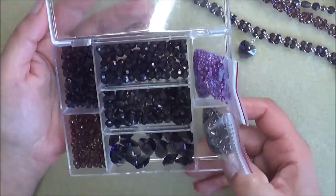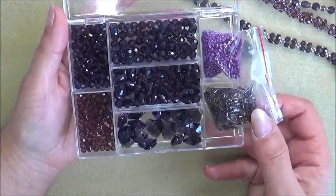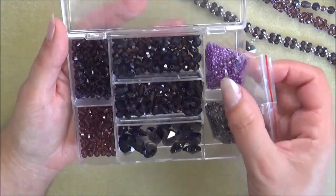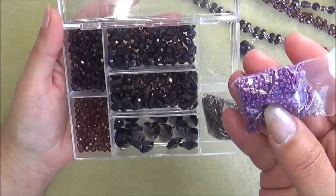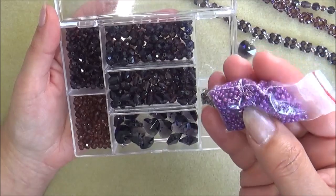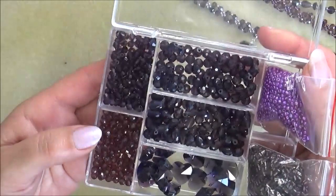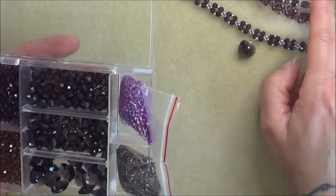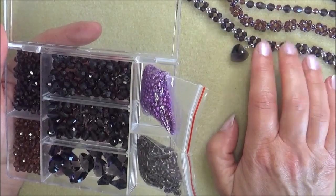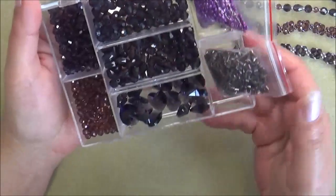So I had this box of crystals with little 3mm, I believe they are, bugles, and some seed beads. I'm not very keen on these seed beads. They're more a craft bead. They've got their uses, but not when you're bead weaving. And look at all these crystals. Now I've made 3 larger products, as in 2 bracelets and a necklace, and then 3 lots of earrings, and I still have